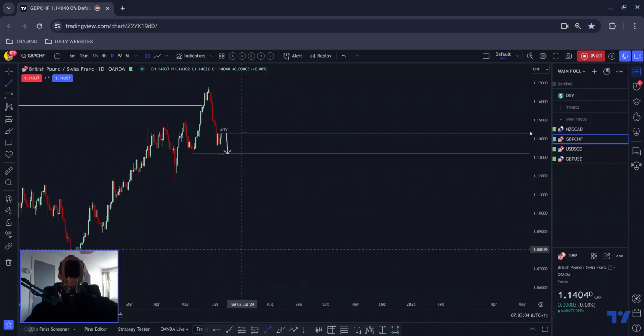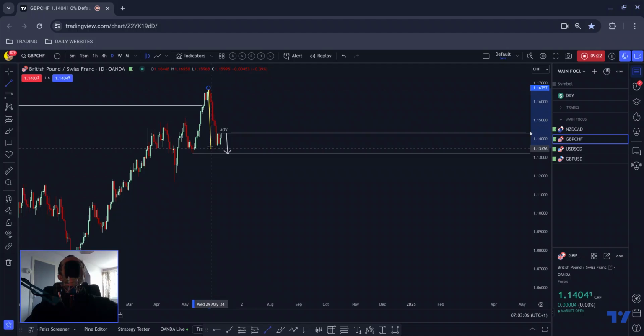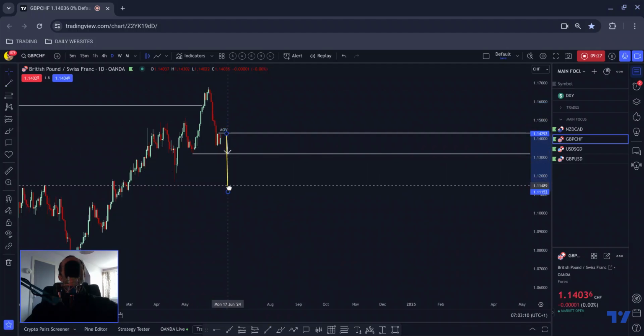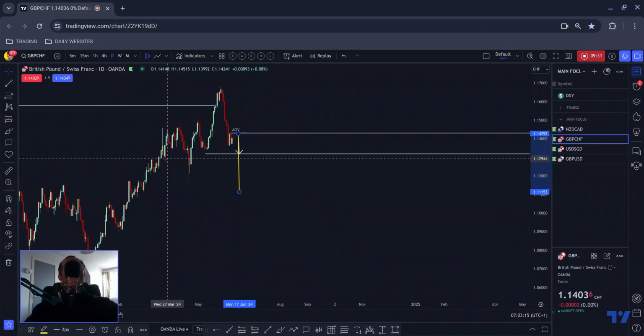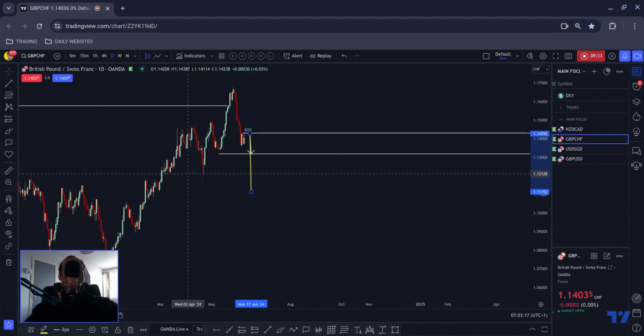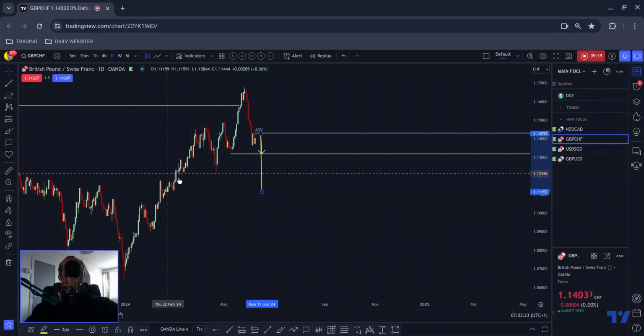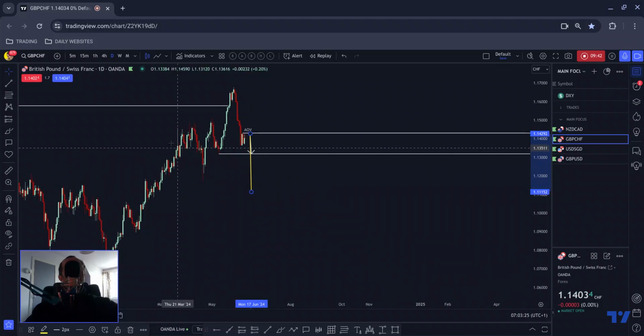If we measured that leg where we are at the minute, and we assume the continuation leg out would be of a similar length, that would take us down to that low. Okay, what I was talking about a minute ago, which just so happens to be the retest of the back end of this and the back end of that, and to some extent the back end of this. So that's an area of significance. So that makes contextual sense.